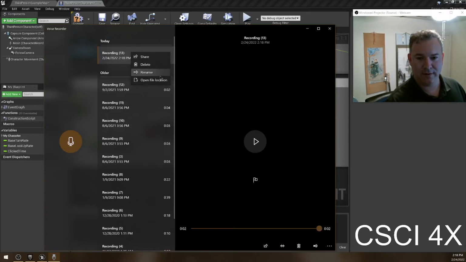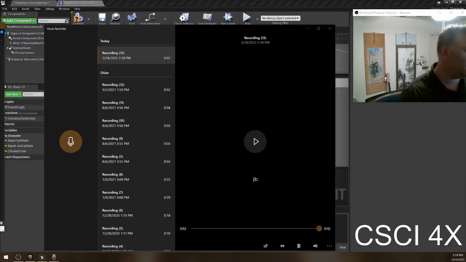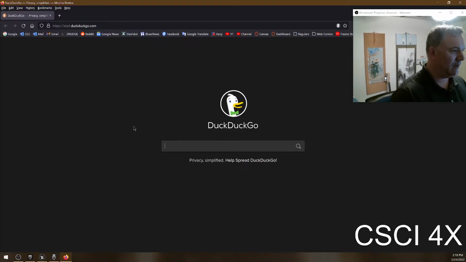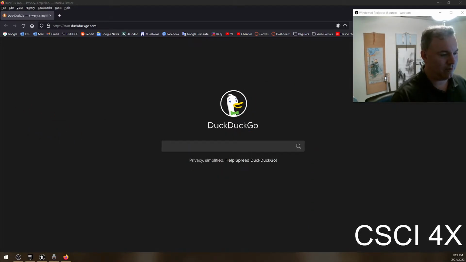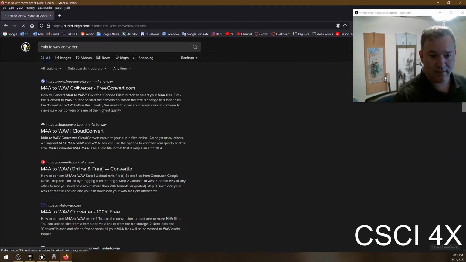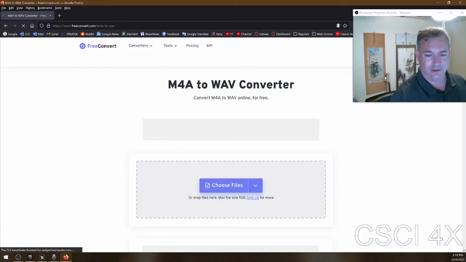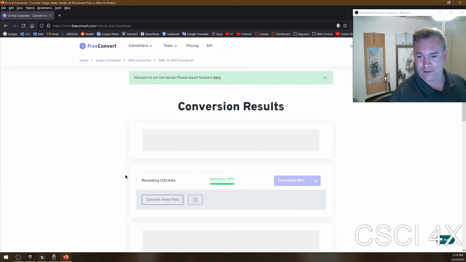So you open the file location. Oh, it's an MP4. Why do you not just do a WAV file for me? This is getting far more involved than I wanted. Okay. So I just saved a sound recording there. It's in M4A format. Unreal Engine only takes WAV file format, so I need to search for an M4A to WAV converter online, and we come here. And we drag the file over to here, and we say convert to WAV, and then we wait, and done,